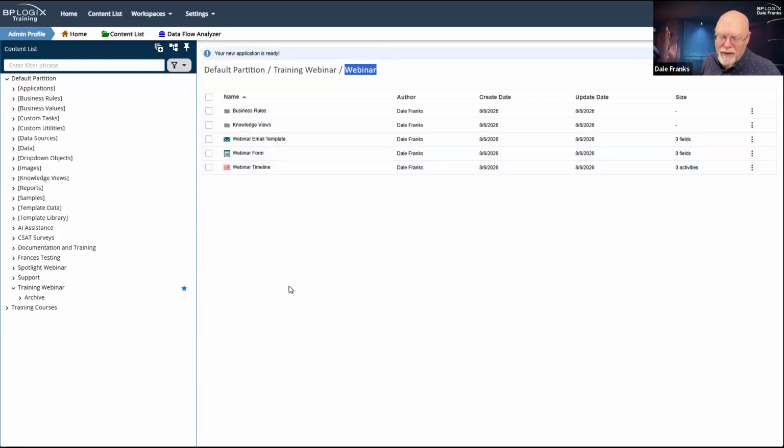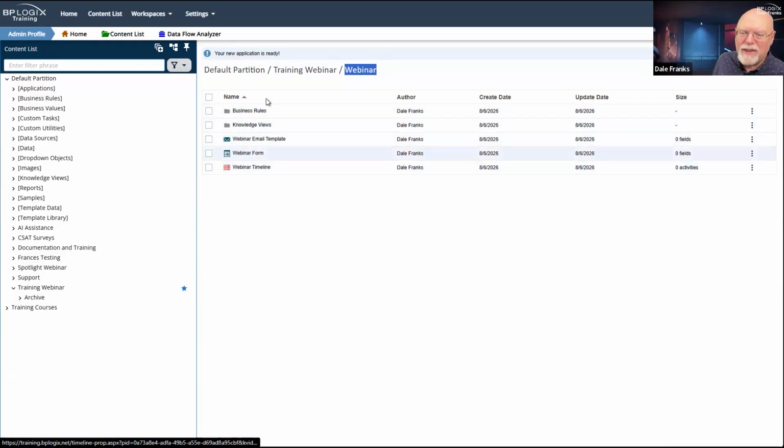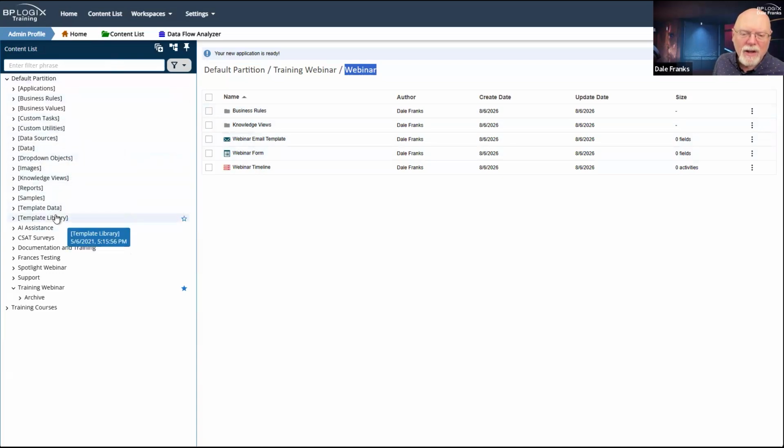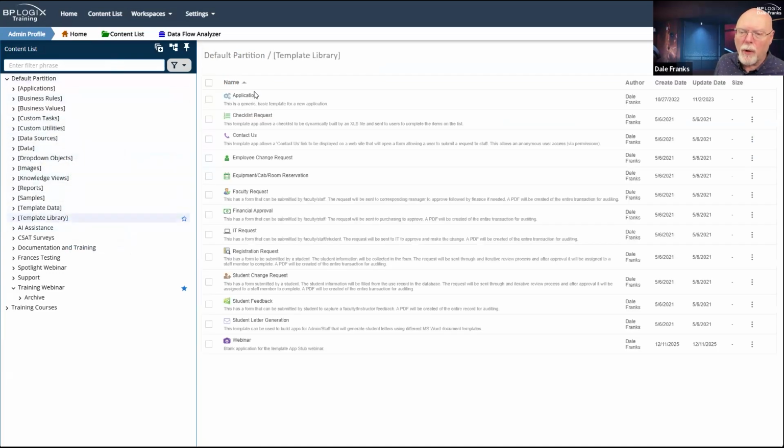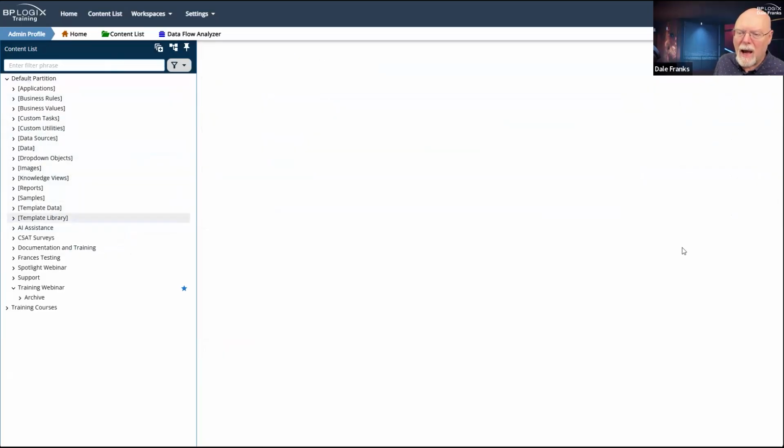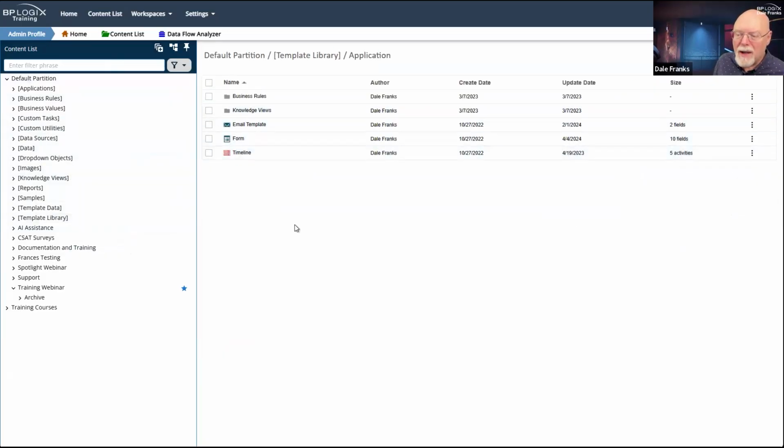So the first part of the day, before we actually get into building the app that we're going to be building over the next couple of weeks, the first thing we're going to do today is kind of replicate all of this work that you really only have to do once. Once you have built this application and you have placed it in your template library folder, so here is the application in my template library folder, I don't have to do this work over and over again.